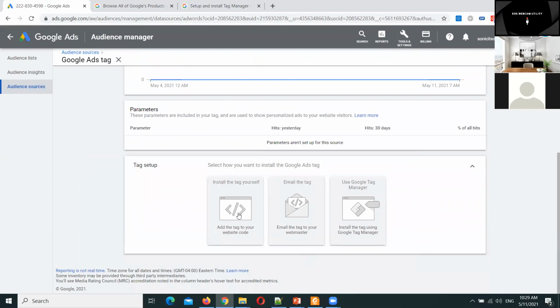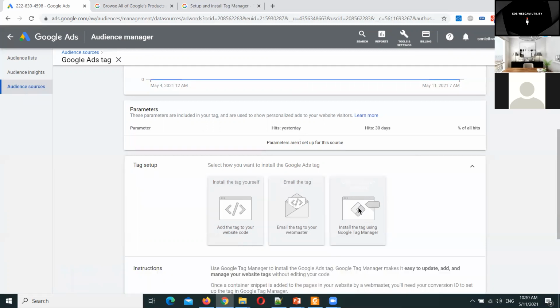You've got a choice here to install the tag code yourself. And if you click on this, it'll give you the snippet of code to upload to your tag, the header in your site on the page that you want it to be on. And or you can use Google Tag Manager. So if you click on Google Tag Manager,